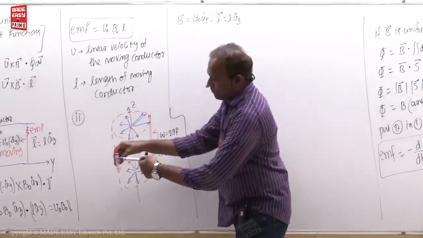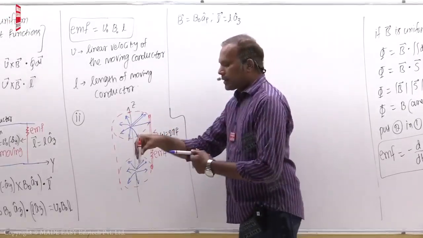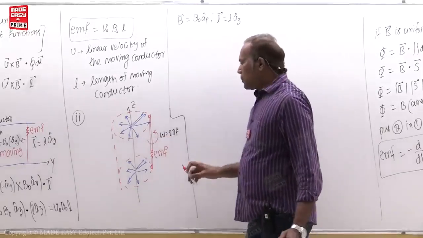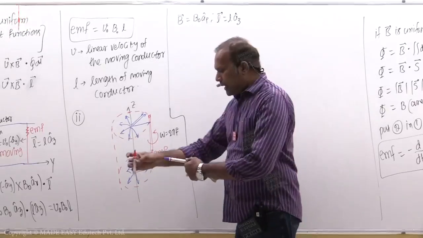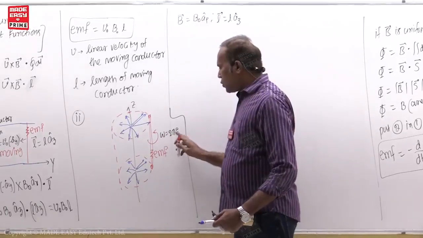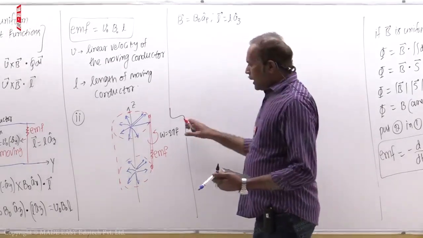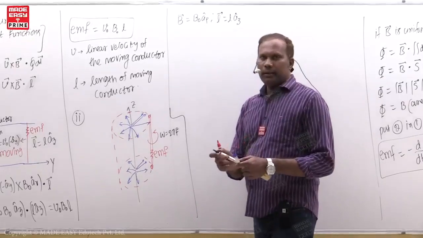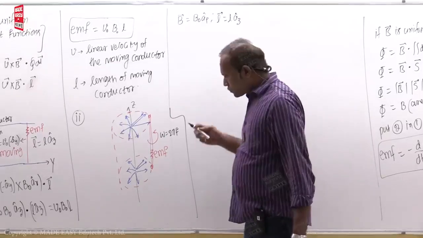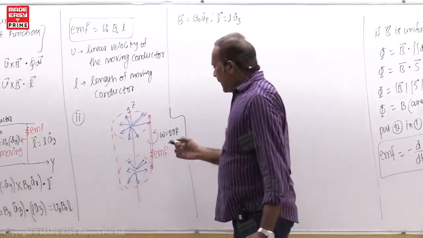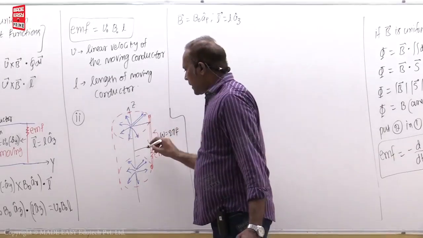Now students, it is rotating with frequency f. Then every time this cuts the magnetic field. So this conductor has some resistance and it is rotating with frequency f. Then the angular frequency is 2 pi f. Then EMF is induced in this. Now if this picture is given in the examination, then what formula to be used? Then I will tell you. Now let us say the radius of this circular path is r,